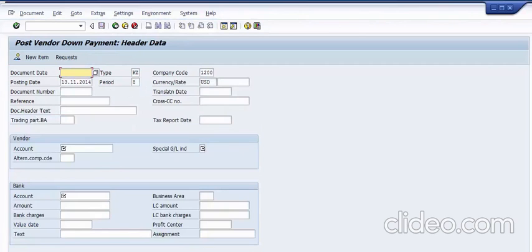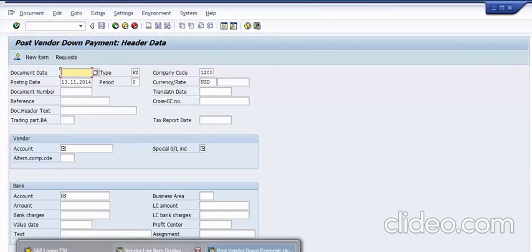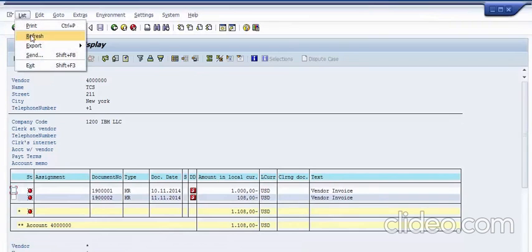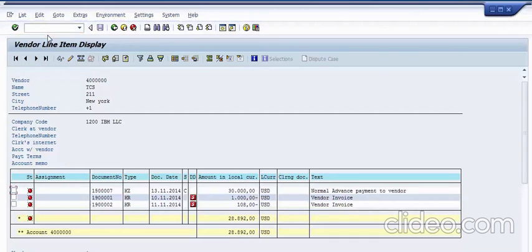So this is the document which has been generated and which says that the advance payment to the vendor has been done. Now let's move and check the vendor ledger account. You need to refresh from this list, and when you refresh it, the documents will get updated on the screen. Click on the refresh button and you can see the document with $30,000 has been updated, and in the special GL indicator field the indicator C has been updated